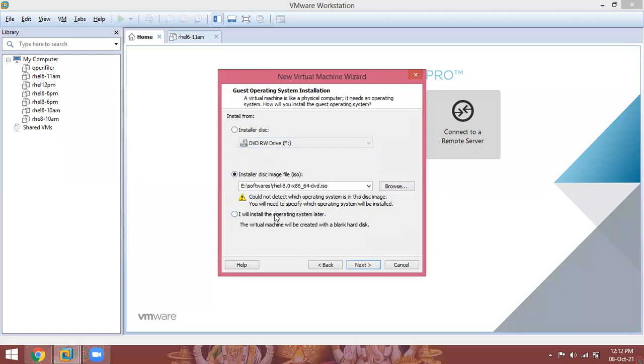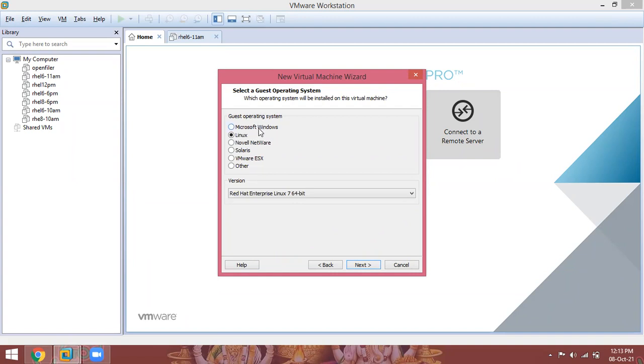But always select I will install the operating system later. Because once you select either of the above, it will install automatically. It will not ask you a single question. But I always want to install the operating system with customization as I wish. So select I will install the operating system later, click next.